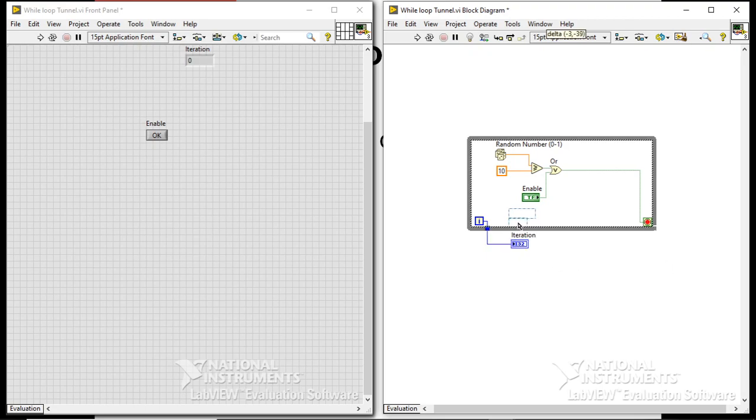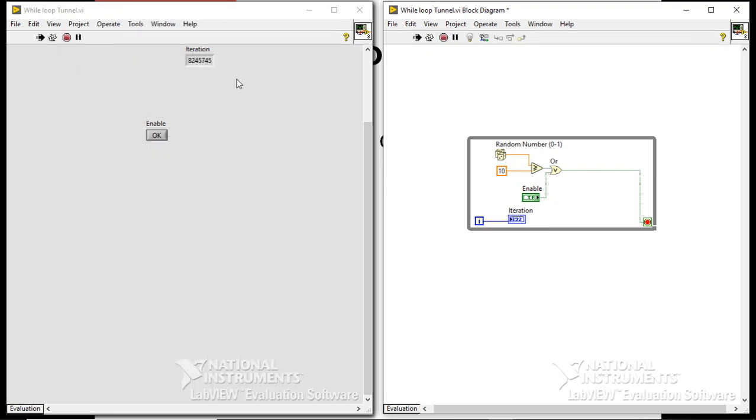In the first case, the tunnel is not created at all, so the indicator is present inside the loop. When I press the run button, every iteration keeps producing a value. If you want to stop the execution by providing a status, that is not possible, whether it is equal or greater than or equal, since the range is only 0 to 1. It always produces a false condition.